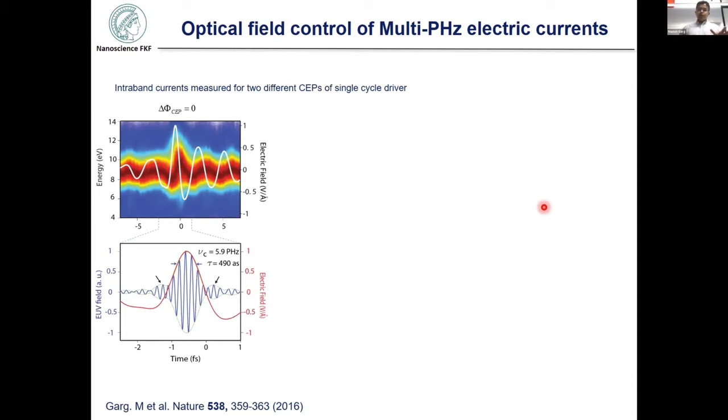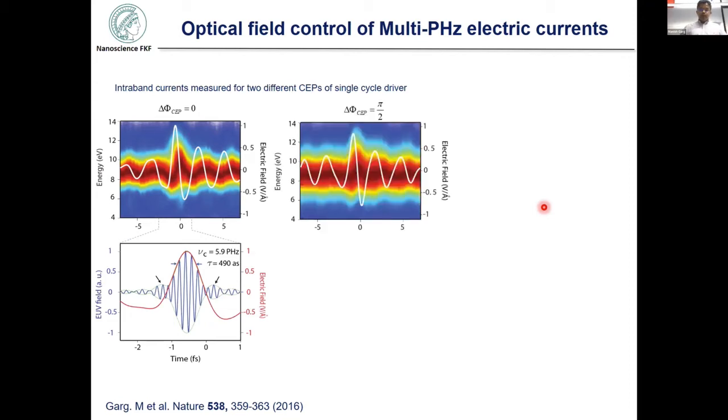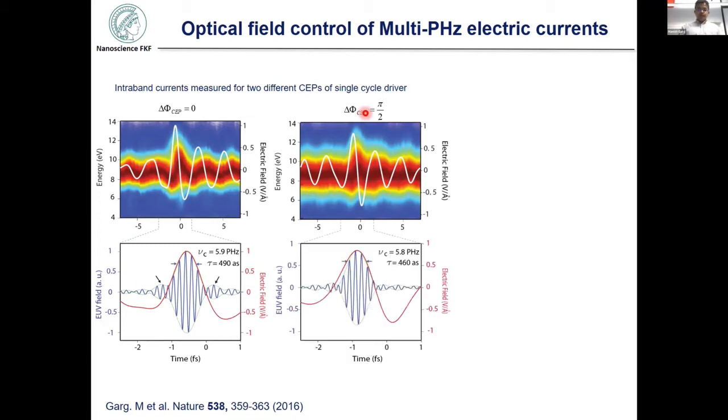But in the case of high harmonics from solids, this kind of nonlinearity is not present. So if you generate EUV emission from a cosine-like pulse, that is the CEP 0 over here, and the sine-like pulse is CEP pi by 2, you will still generate an isolated burst of emission. And this is a very important observation, which says that the emission process is completely different compared to gases. And if you look here, by just changing the CEP of our pulses, we are able to tune the central frequency and also tune a bit the temporal structure of our pulses.